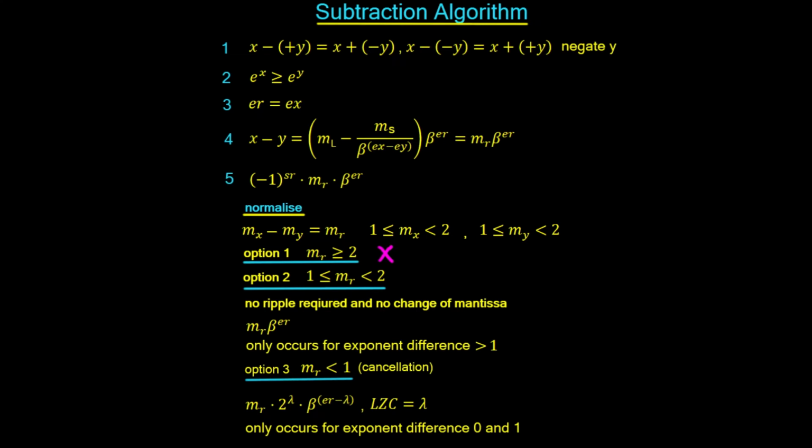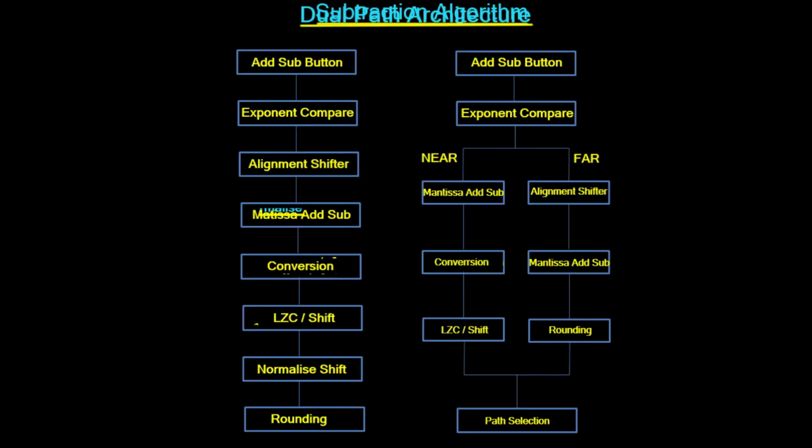So all of that really is taken care of in this part here, which is leading zero count and shift. Now it might be a case that there aren't any leading zeros and we don't do that shift. So if the leading zero count is 0, then it means that we didn't have any cancellation. If we didn't have any cancellation, then we would just go through the